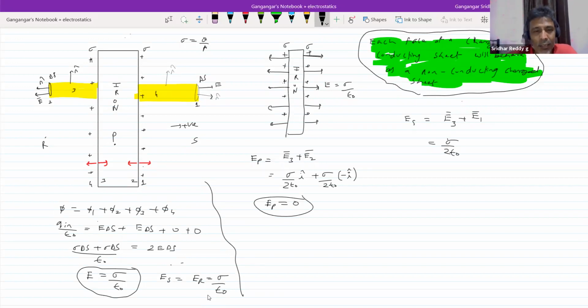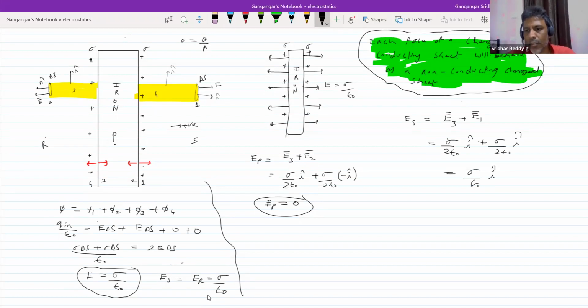So look at face one, or surface one. Surface one is having charge. Surface two will not have charge. Why? Because charge cannot reside inside the conductor. So how does this right hand face appear like a non-conducting sheet? What is a charged conducting sheet? It is made up of two non-conducting charged sheets. This is the idea. There is nothing called a conducting sheet, so here when a conducting sheet comes, you have to think of it as made up of two non-conducting charged sheets. So this should be equal to sigma by epsilon naught I cap.